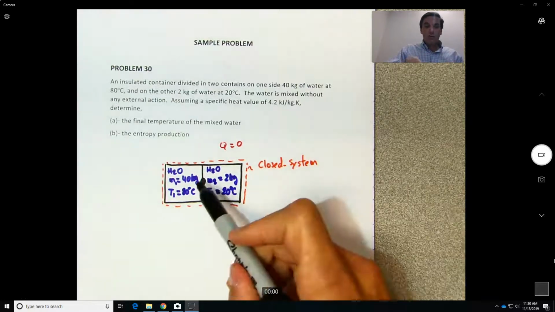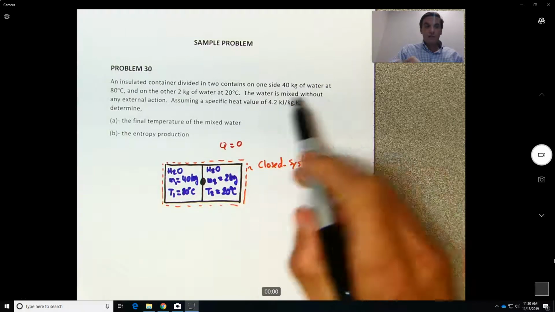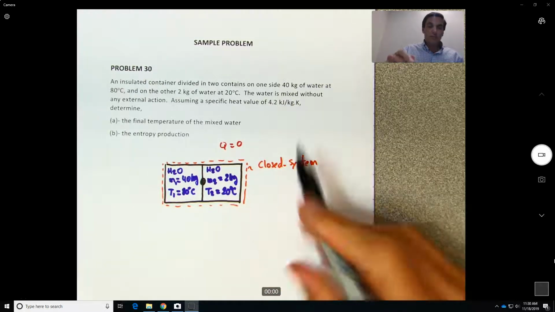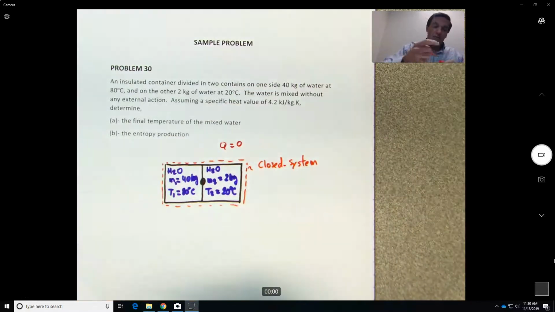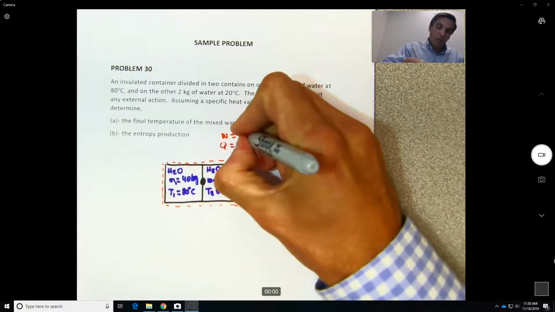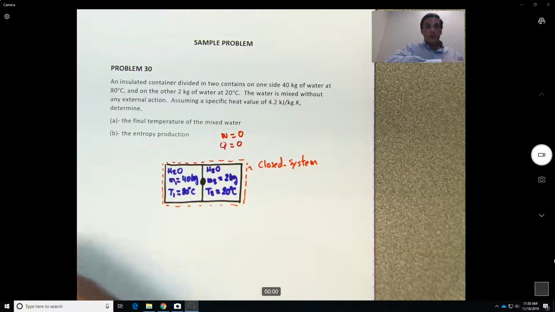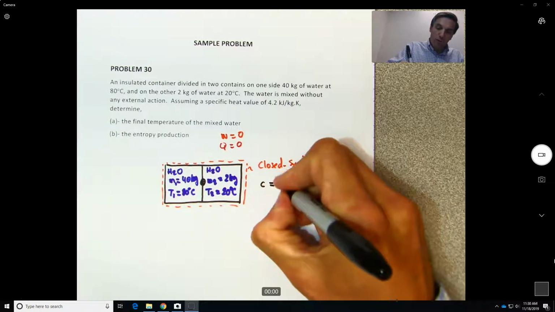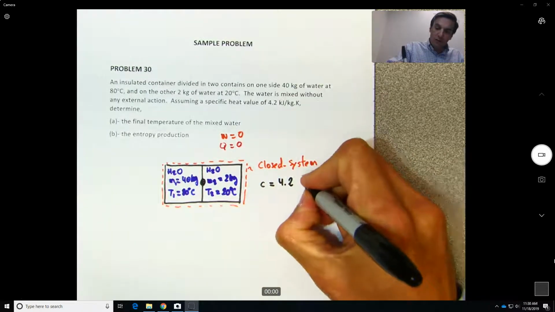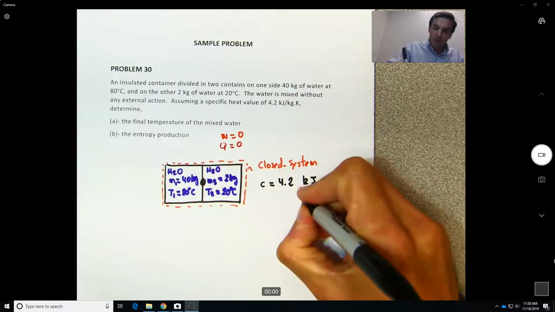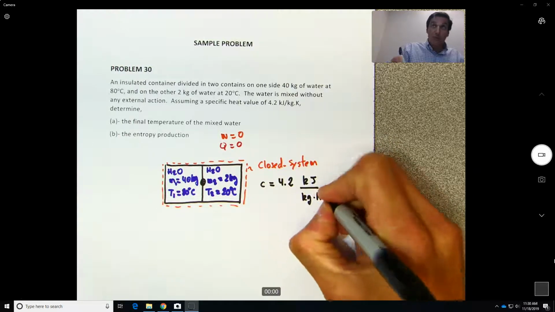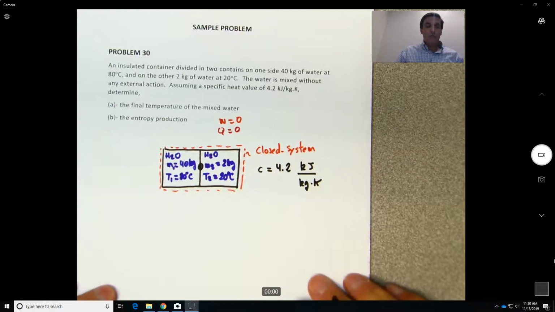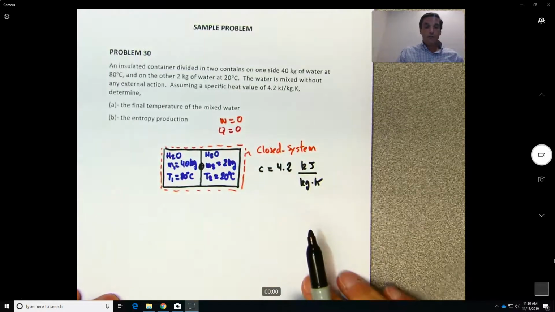You open the valve, the water is mixed without any external action, so there is not any force applied to it, there is no mixer, there is nothing. Assuming a specific heat C equal to 4.2 kilojoules per kilogram Kelvin. We are asked to determine the final temperature of the mixed water and the entropy production,